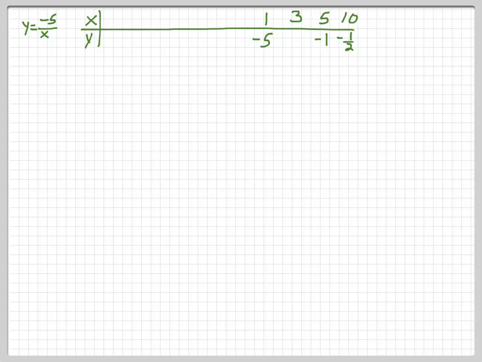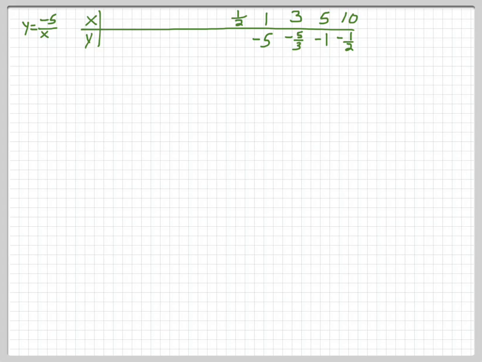Now this doesn't simplify as easily, so we're just going to leave it as negative 5 over 3, but we'll want to see where this comes into our graph, so we don't have that big of a jump from 1 to 5, and we'll kind of see how the curve is changing. All right, we already know it's not going to do x is 0 because that will give us an undefined function,